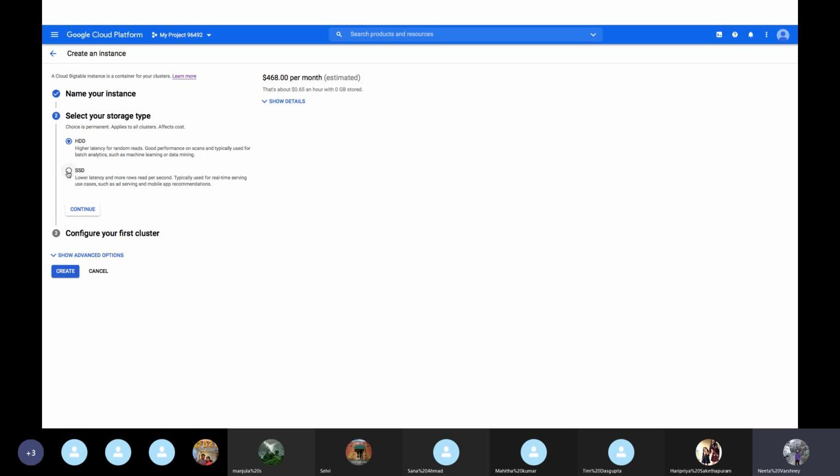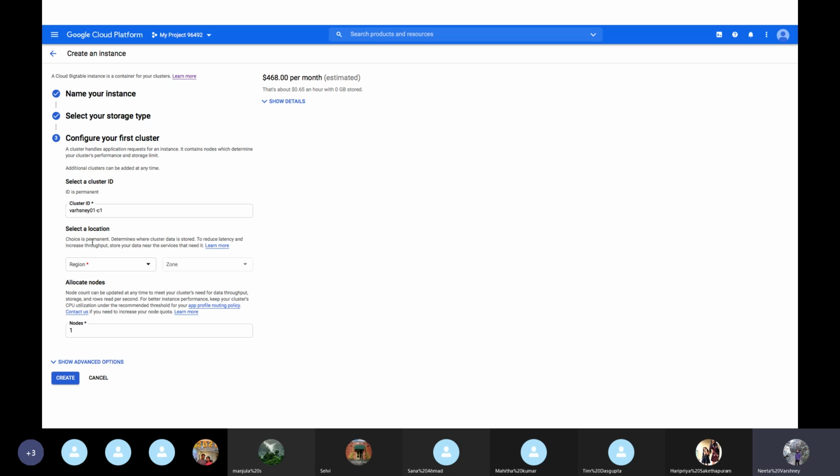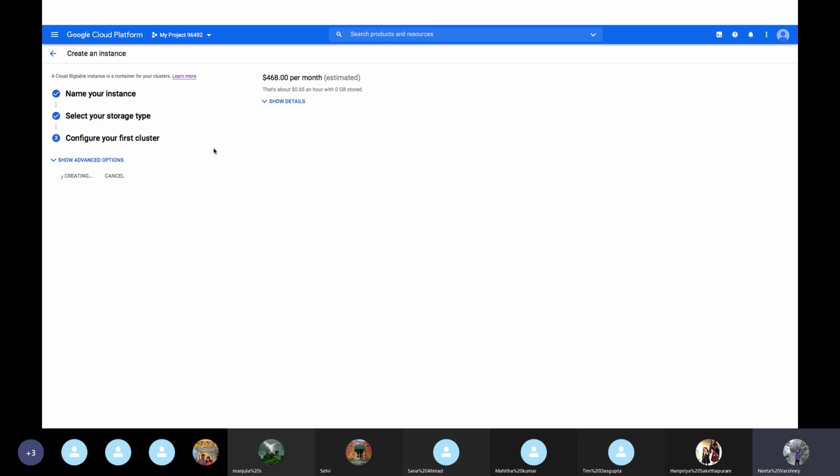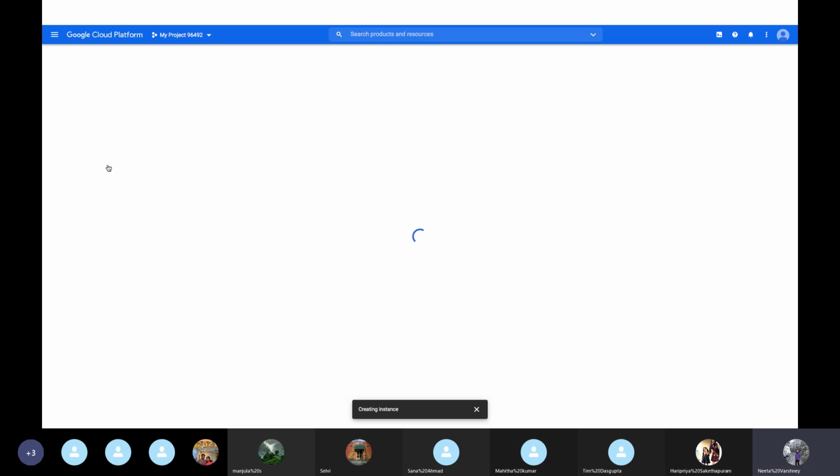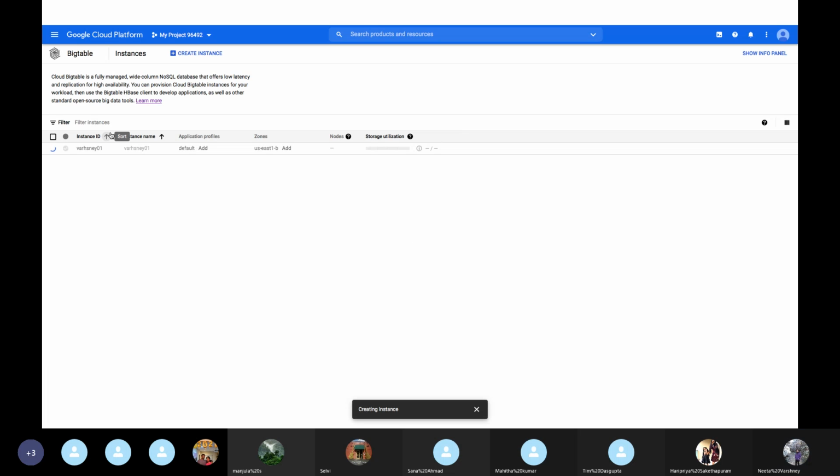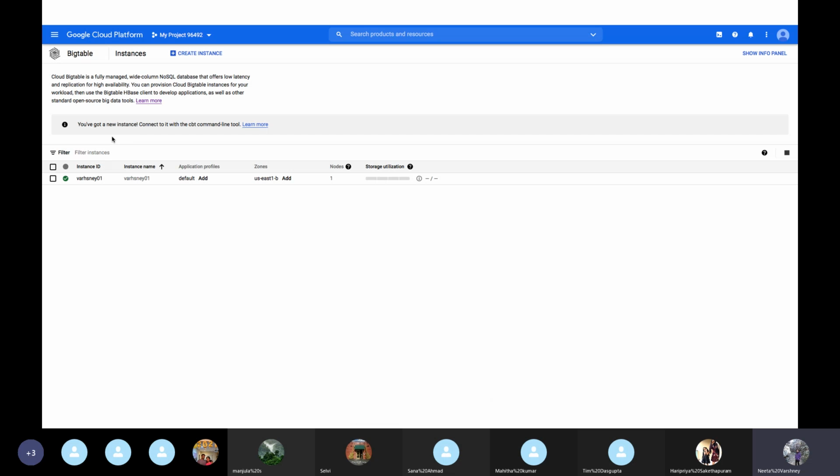As I said, we should mostly go for SSD, which is solid state drive. So I'm going to select SSD, then continue. Then this is for the cluster. I'm going to choose the region closest to me, the zone, and the number of nodes. Great. So this is my instance.